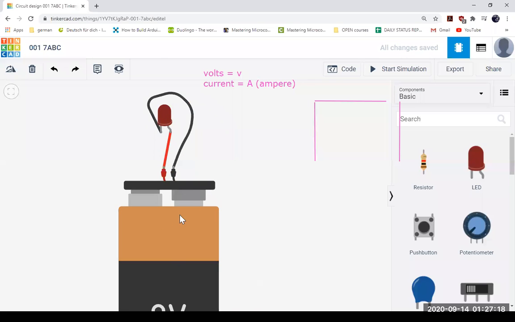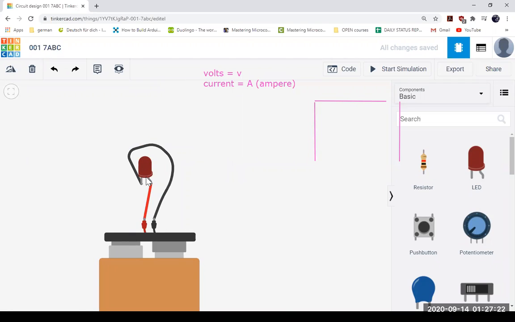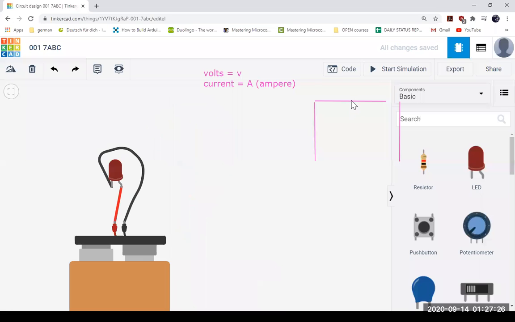So there are actually three things here. What are the three things? One is battery, one is wire, right, and one is LED. So how we can draw it? We can draw it very easily. Okay, so this is a circuit and this is the LED. I'm drawing it like this. We have to draw LED like this.